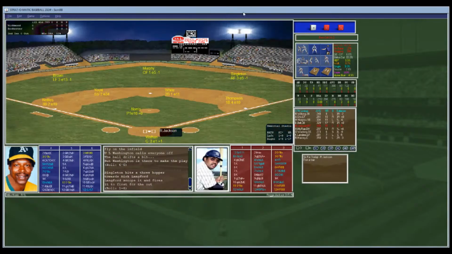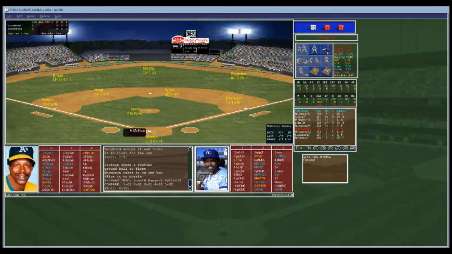Here is Reginald Martinez Jackson, followed by the new trade Hal McRae and UL Washington taking on Mike Norris. So Norris looks in, and the pitch to Jackson. That will be a ground ball to the first baseman. That is Thompson. He'll get it, gets it to the bag, and makes the nice play. So Jackson's retired, 1 out. And now here's Hal McRae, came over in that trade with Syracuse. Norris looks in. McRae, a .297 hitter, 14 home runs, mostly a DH. Norris with the windup and the pitch. This will be a fly ball to center. Murphy scoots, makes the catch, and there's 2 outs.